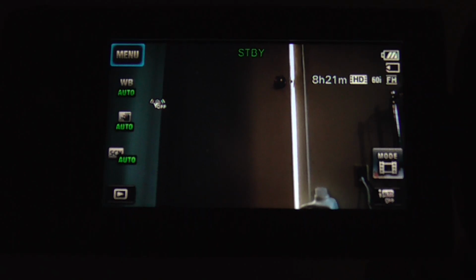Okay, in this video I'm going to demonstrate using the My Button feature on the Sony HDR-CX405 Handycam Camcorder. The My Button feature allows you to make changes to the icons that are on the left of the screen here. Now to access the My Button feature, I have to press the navigation button here to